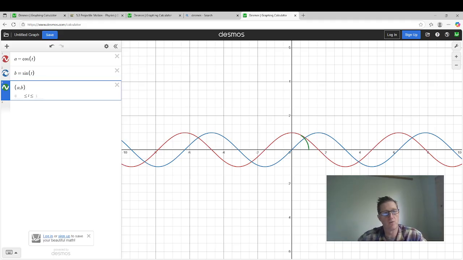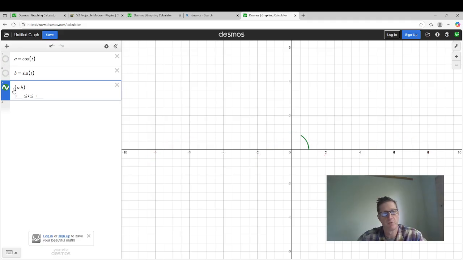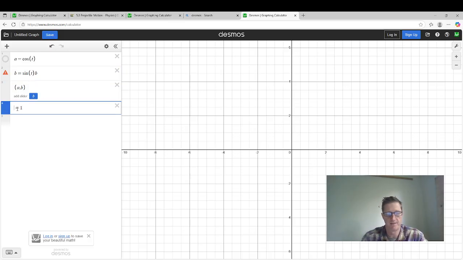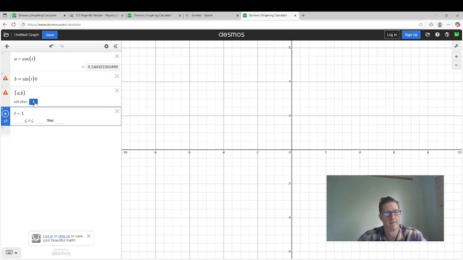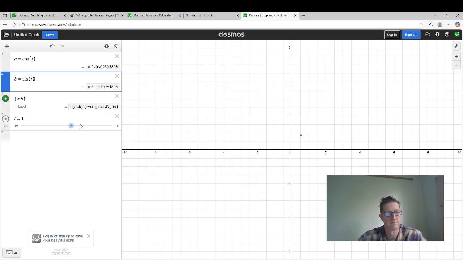We're not getting our whole circle here. So if we wanted to get our whole circle, again, we want to create some type of a slider. I'm going to rename that slider t. And now I can animate that point around. Alternatively, if what I really wanted to do is make a bigger circle, I could do that as well by